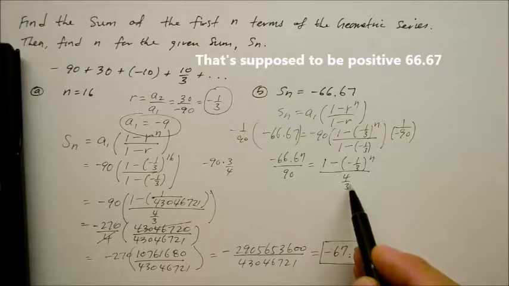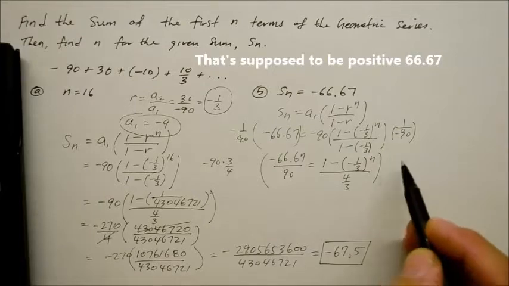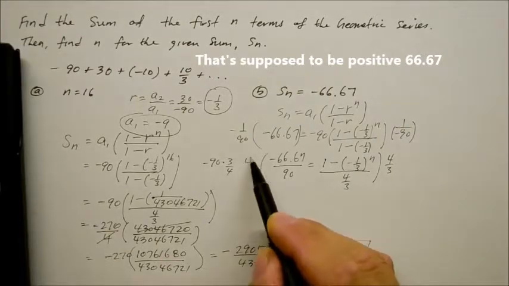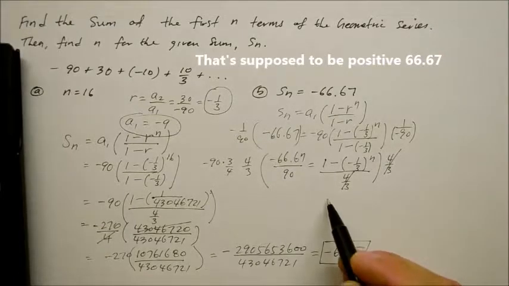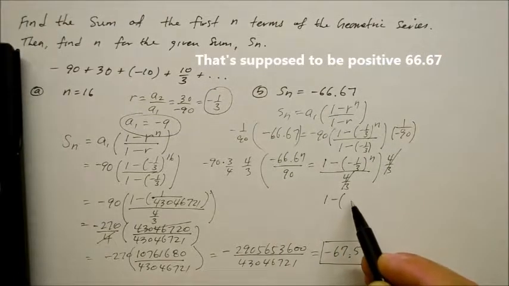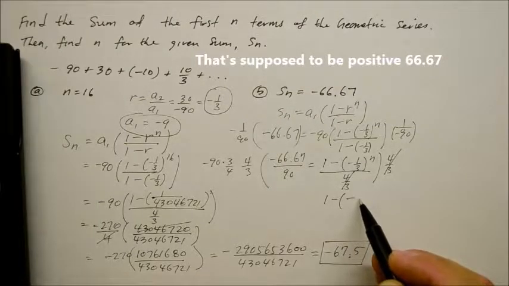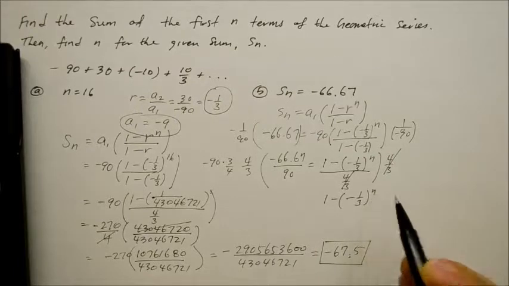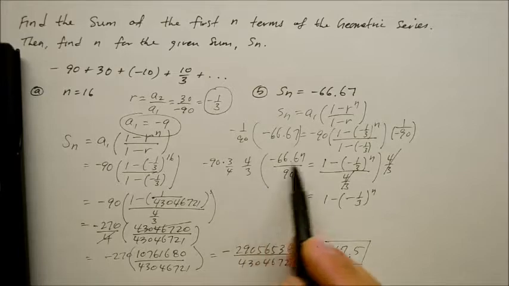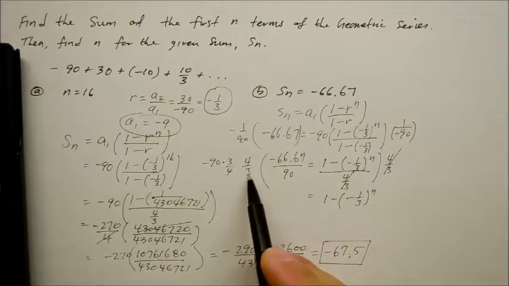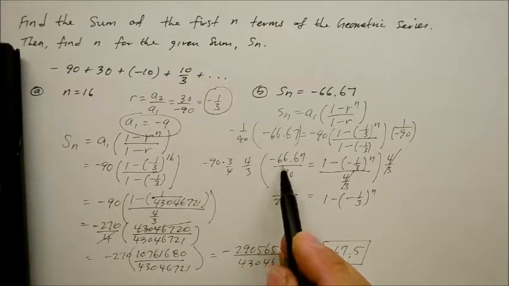And let's get rid of that quotient as well by, once again, multiplying both sides of the equation by that denominator, which is 4/3. So on this side, this quotient cancels out the bottom, leaving you with just 1 minus the quantity negative 1/3 to the nth power is equal to, now here, I don't want to really deal with what cancels with what, we'll just multiply across, so we get 3 times 90 is 270, over 4 times 66.67,